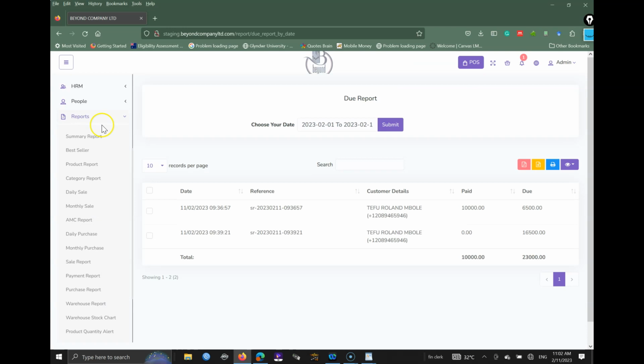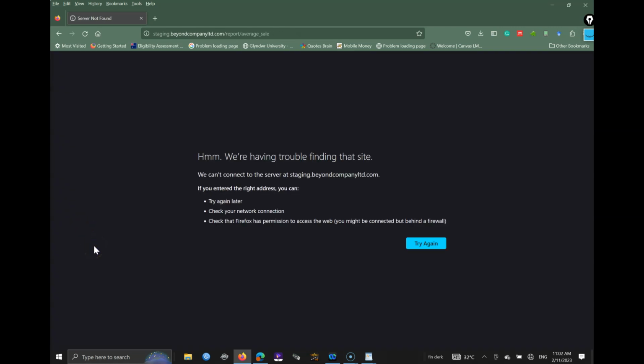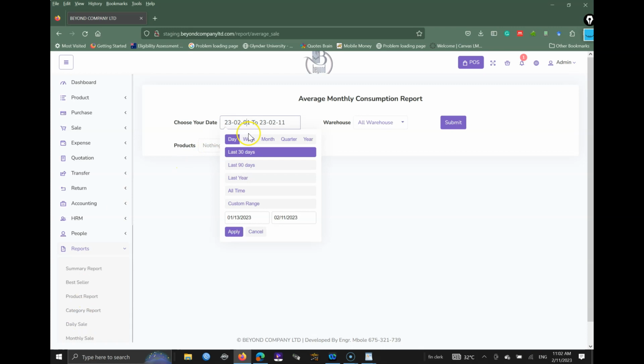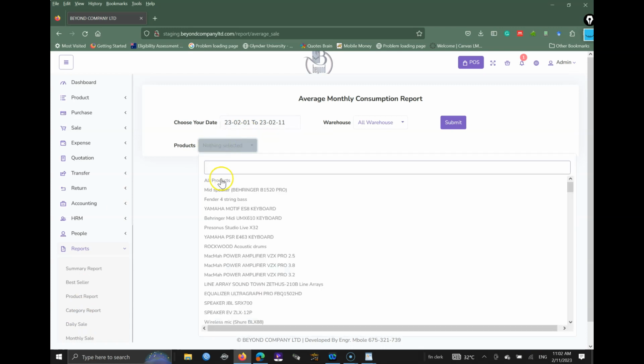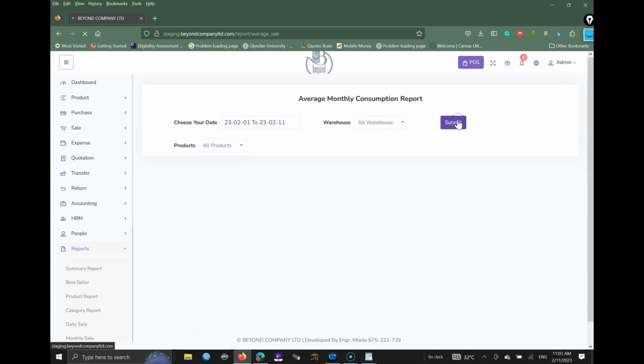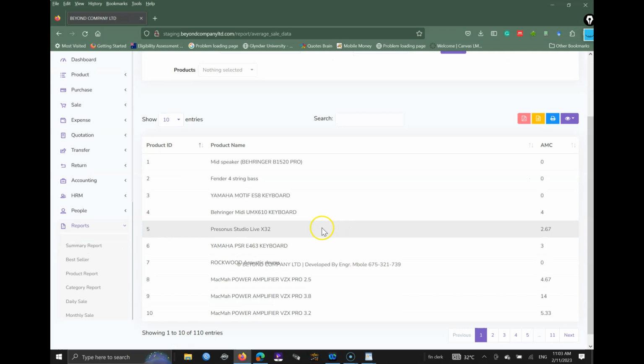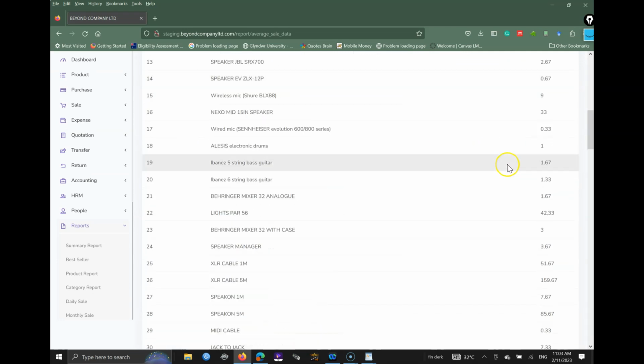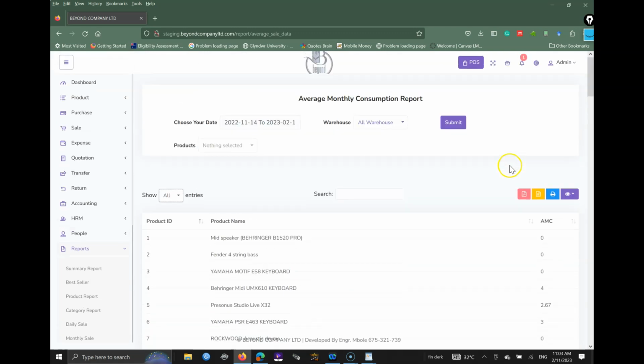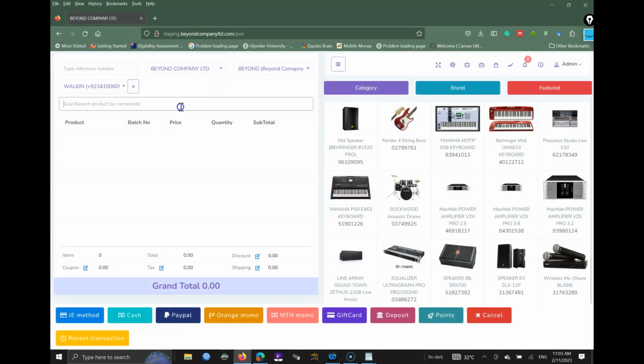So there is one particular report here, AMC, average monthly consumption. It gives you an average monthly consumption for a period of time of some particular products, and you can just submit and see the average monthly consumption. This helps you to know how many products you sell in a month. You can also take all here and you see all of the products. It helps when you want to place orders. And one thing I didn't show you during sales is that when you click on a product like